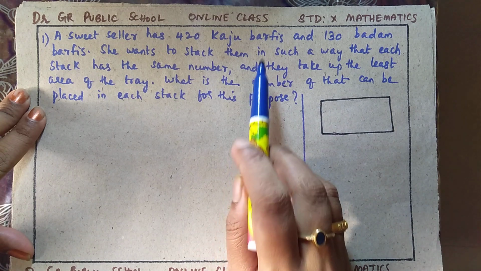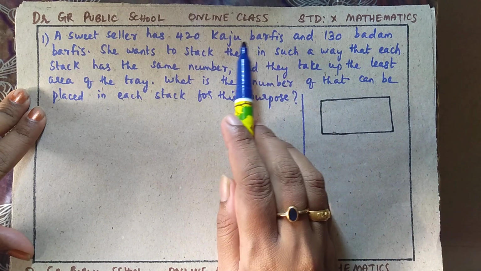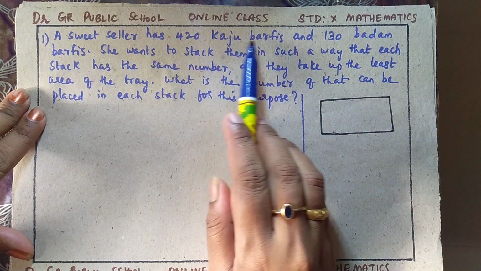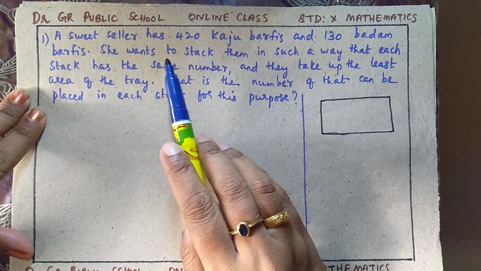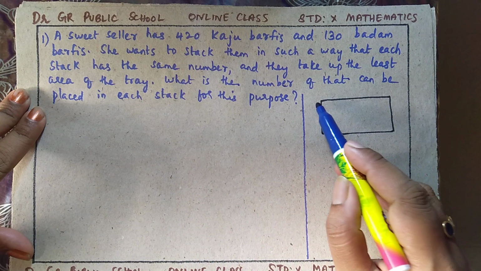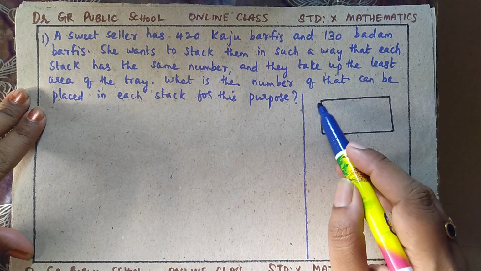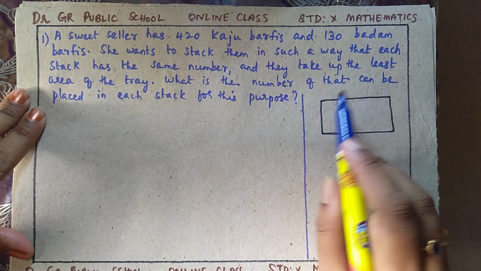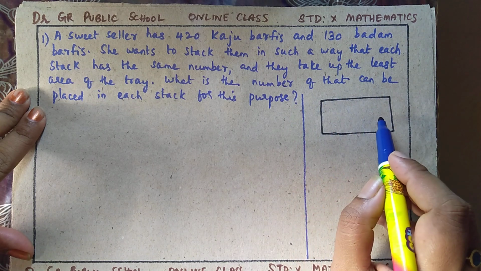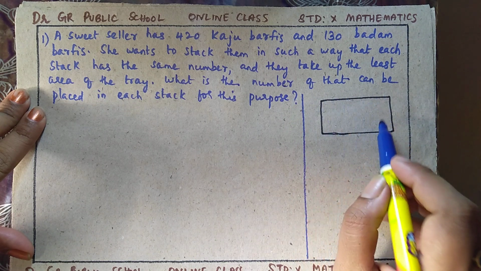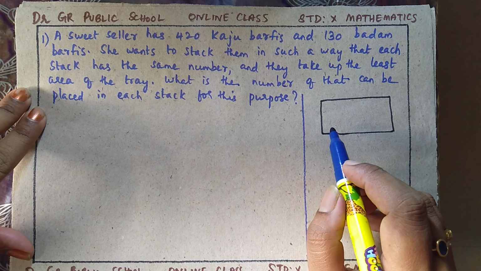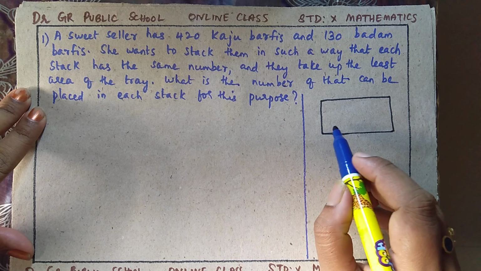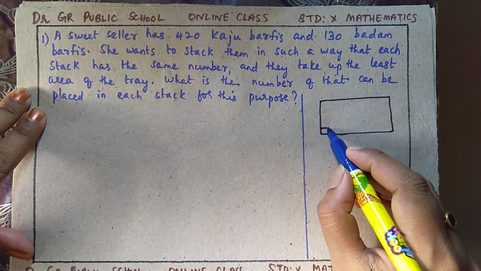So the meaning is there are two types of barfis. 420 Kaju Barfis, Badam Barfis are 130, and this sweet seller wants to arrange these barfis in a tray. That is, the two barfis are mixedly arranged, and in this arrangement the maximum number of barfis should be in a stack. Stack means we are arranging the barfis like this: